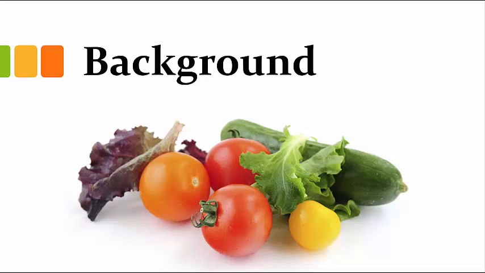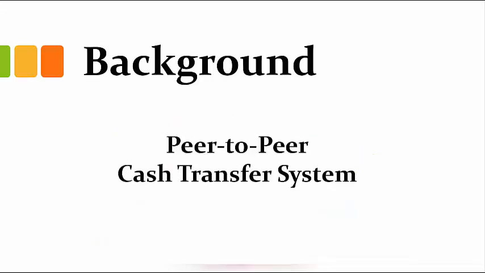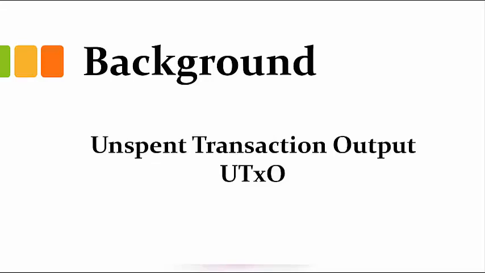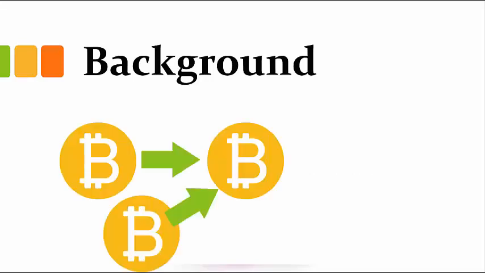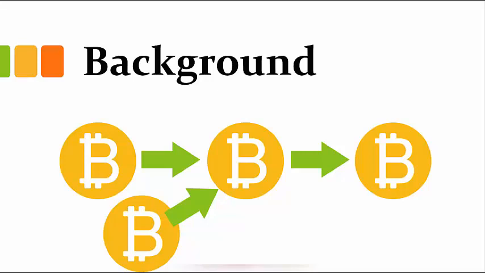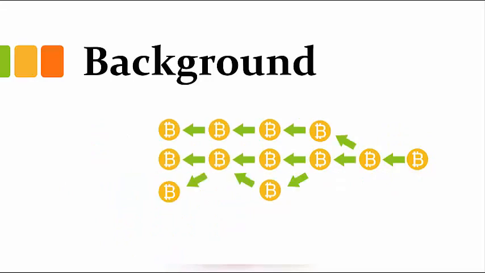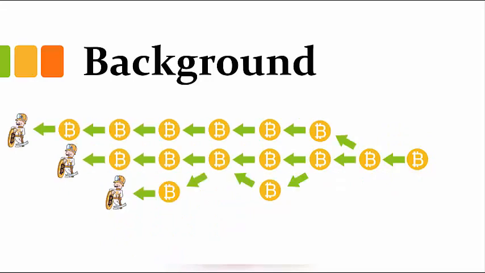The architecture of the original Bitcoin blockchain was designed to be a peer-to-peer cash transfer system. The transaction mechanism used, called UTXO, requires the inputs to each transaction to be outputs of other transactions. Each coin in the blockchain is represented by a chain of transactions and digital signatures. This allows the history of a coin to be traced from its current owner all the way back to when